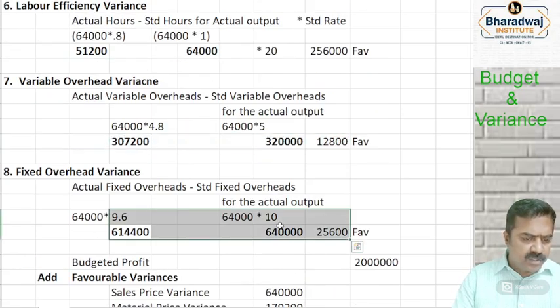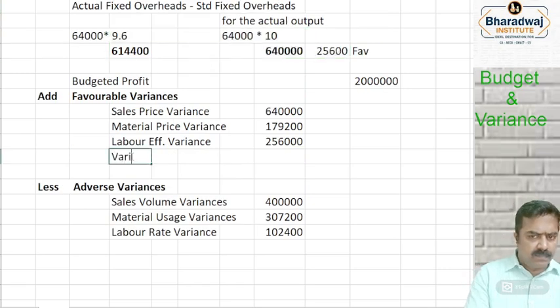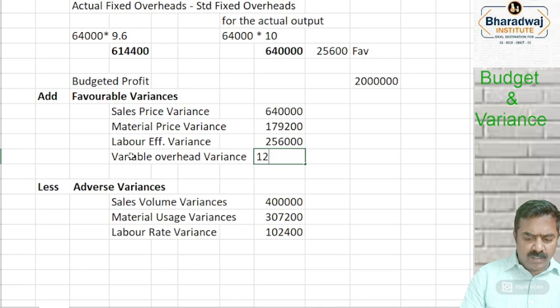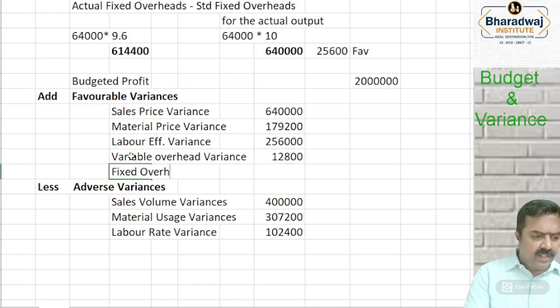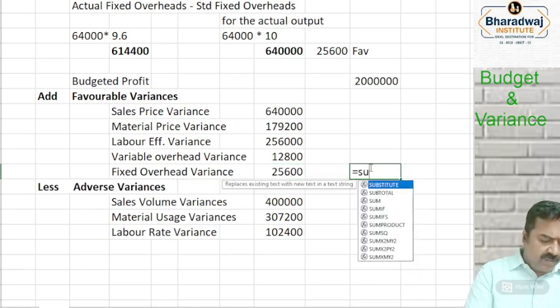Fixed overhead variance is also favorable. Variable overhead variance is 12,800. Fixed overhead variance is how much? 25,600. So add up all the favorable variances